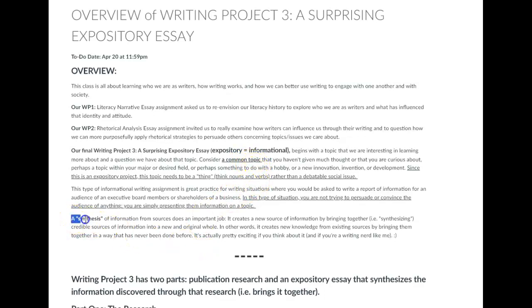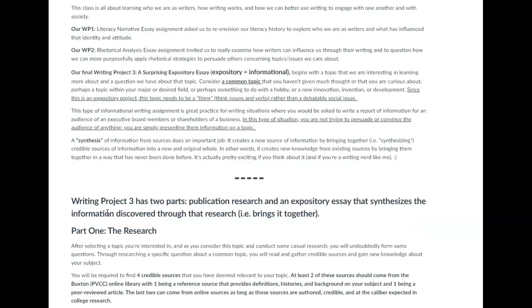Right down here, I mentioned synthesis. Be sure you read over this overview very carefully and several times over the next few weeks. A synthesis is simply this: we go out and find sources where experts have shared information on this topic, and then we bring those sources together into an essay that we use to inform our audience. That bringing together, bringing separate things together into a new whole, is called synthesizing. You're going to come across the word several times over the course of your education, and I just want you to know what it is. It sounds a lot more complex than it is.